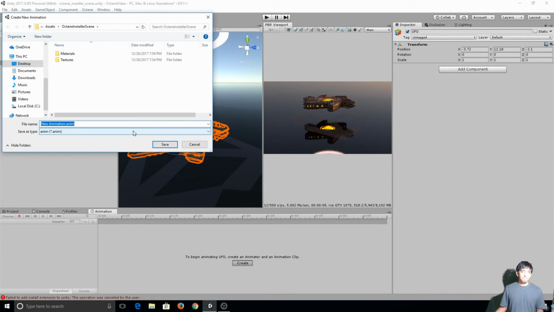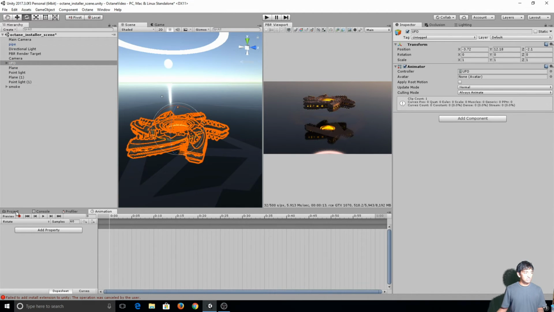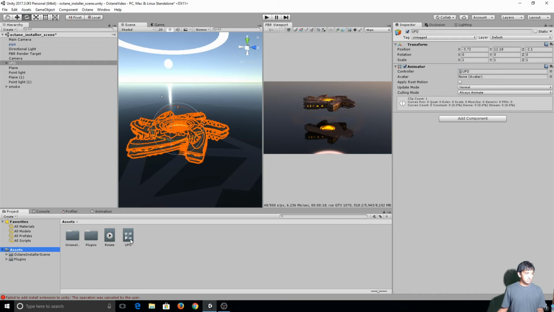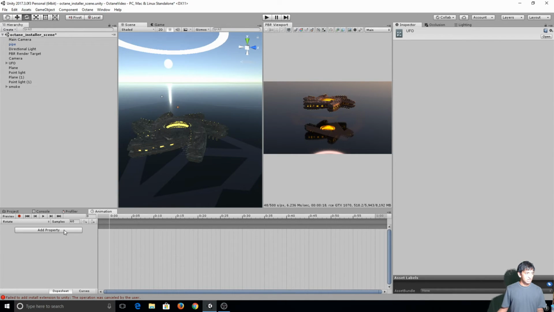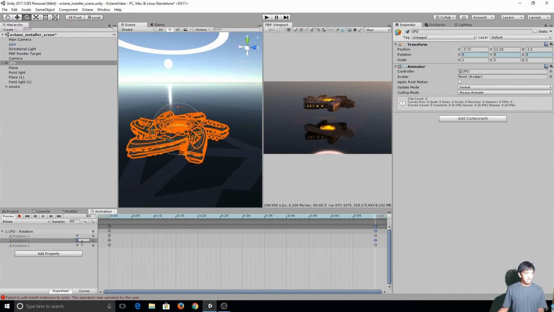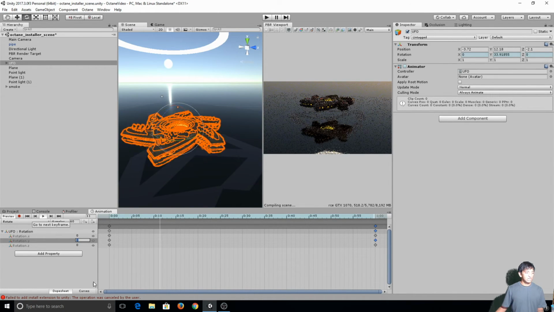I'm going to go ahead, create my own just simple 360 rotate animation. Just call it rotate. I'm going to save it in my assets folder. Let's go there, do that. And so here's our animation there. Let's go ahead and add a property on the transform, rotate. So let's do this over a second, and let's go ahead, open up our rotations right here. You can see that we're set to 0 initially. What I'm going to do is click on the end, click on our Y right here, and just change that to 360. Now if we hit play, we've kind of got a janky little animation here,